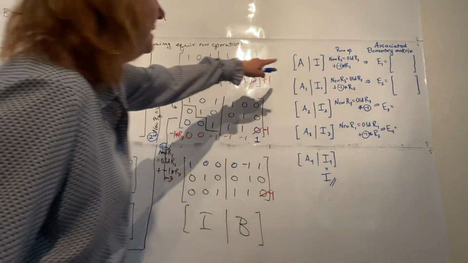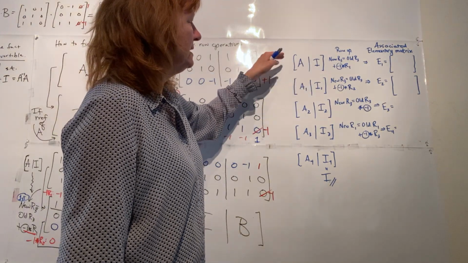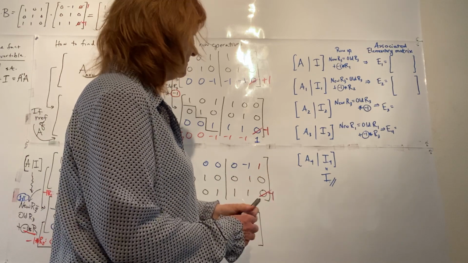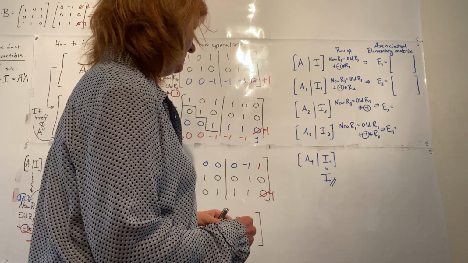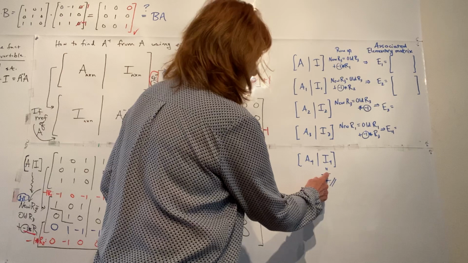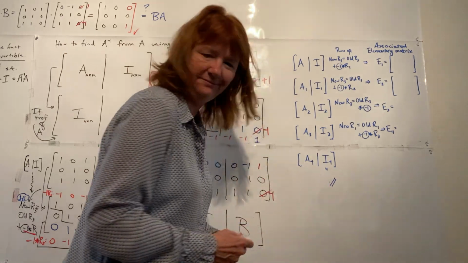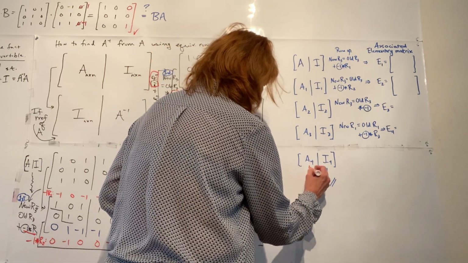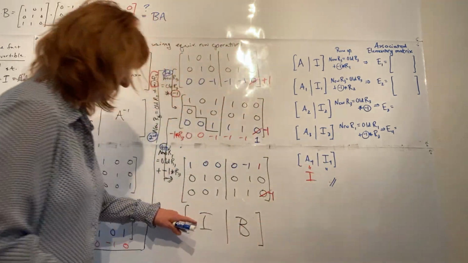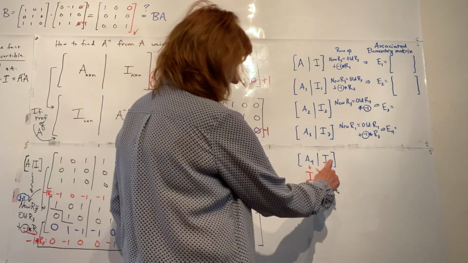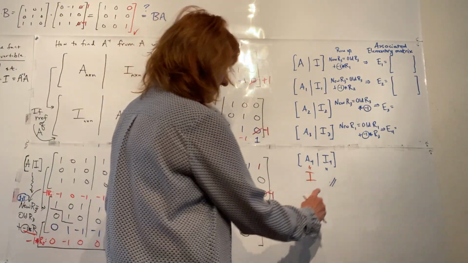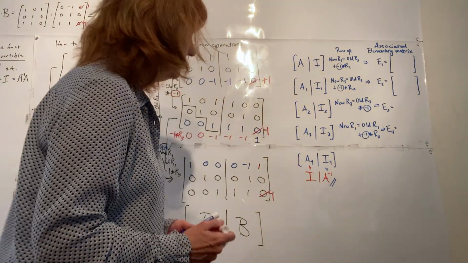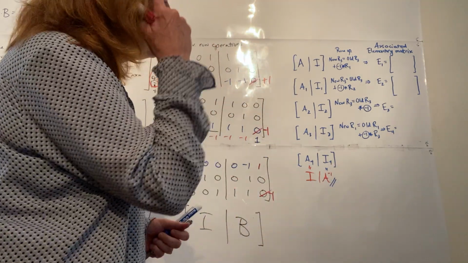We had a matrix A, we put it in with the identity, we did row operations on it, and we got down to something that looked like, excuse me, in the end, we stopped when we got an identity matrix here, right? We stopped when we got an identity matrix here. This thing, which we were calling B here, turned out to be A inverse, okay? All right, so that process,